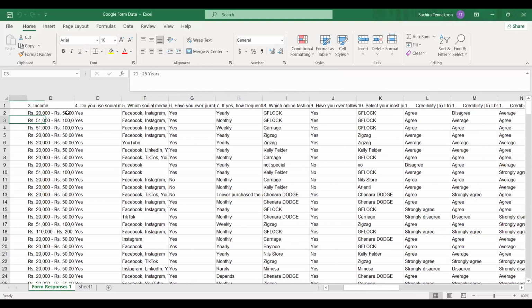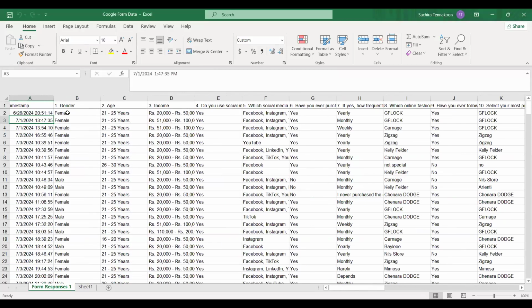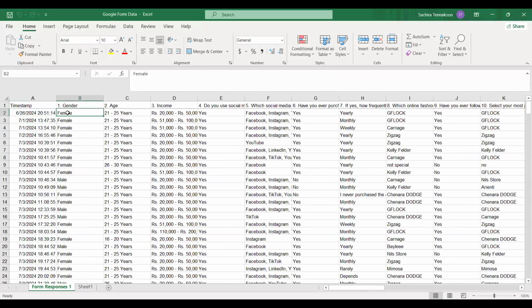Then here you might have label female as 1 and male as 2, whereas it has been typed here and you can't get any numerical evaluation out of that, right?